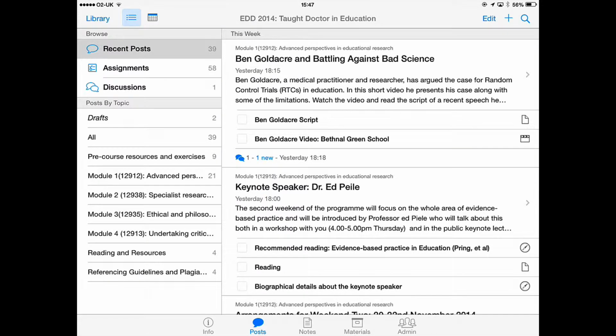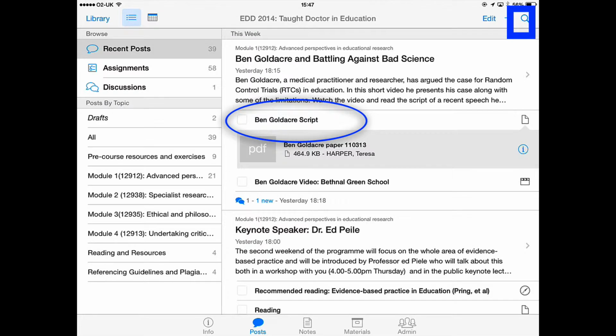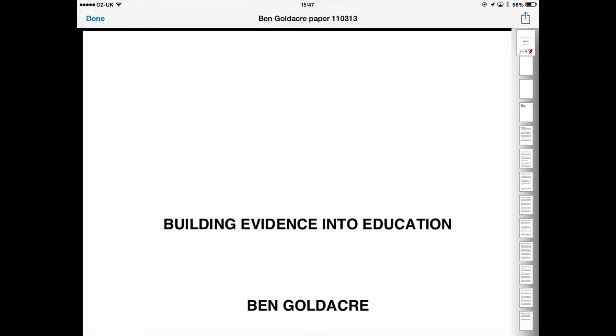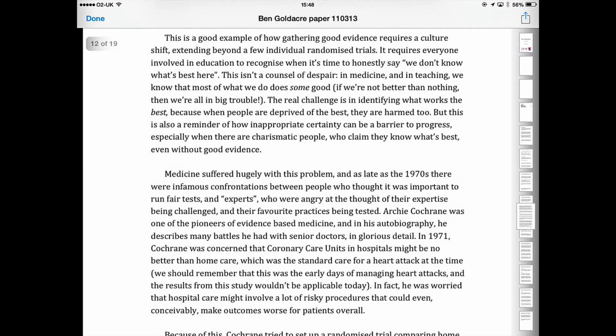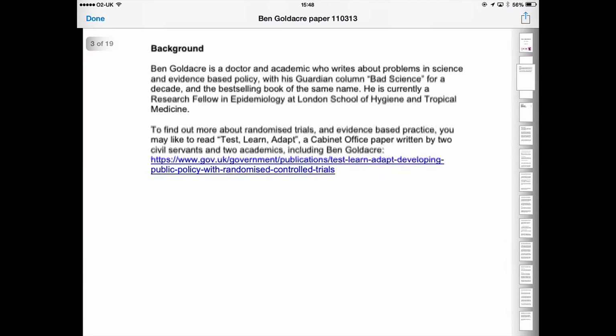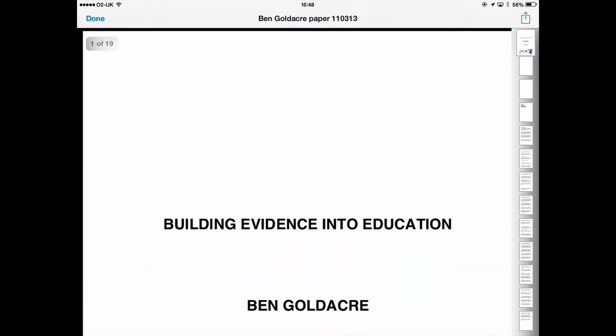by Ben Goldacre. So if I click on Ben Goldacre script, that will show you that there is a PDF, and if I click on that, it opens the PDF. So this is effectively the article. And if I wanted to export the article, you can see the article is here. I can go through any of the pages by clicking on the pages at the side or by dragging and scrolling. But if I, for whatever reason, wanted to export this article out of iTunesU, for example, I wanted to